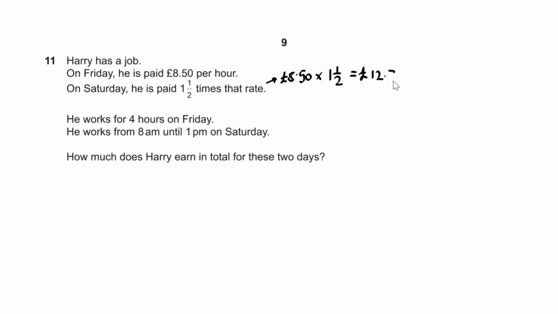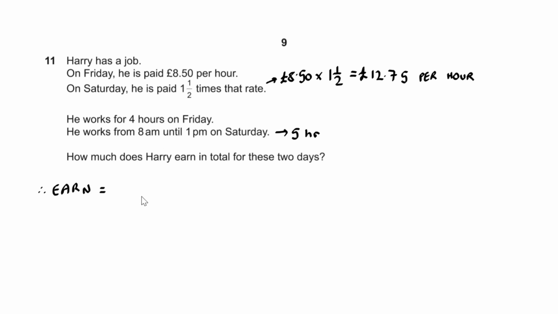So he gets paid £12.75 per hour. This is on a Saturday. Now, if he works on Saturday from 8 AM to 1 PM, you can see in total he works 5 hours, and therefore he will earn,